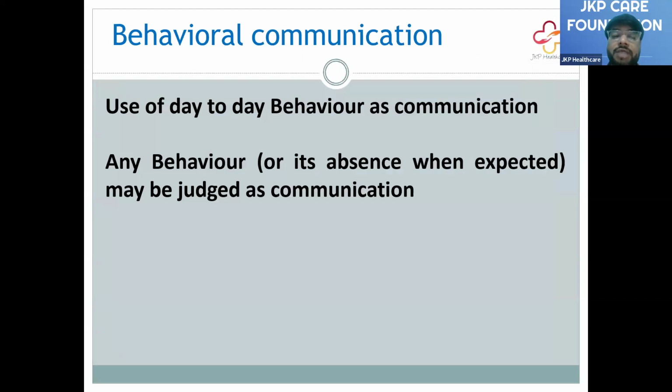In one line, which I asked you in the beginning, use of day-to-day behavior as communication is behavioral communication. Any behavior or its absence when expected is also a behavioral communication. So any behavior is a behavioral communication. Till now I told you any behavior is behavioral communication. But when a behavior should happen and does not happen, that is also behavioral communication. Absence of the behavior which is